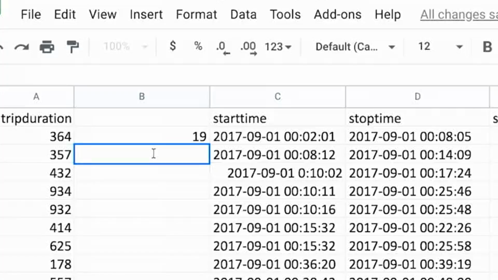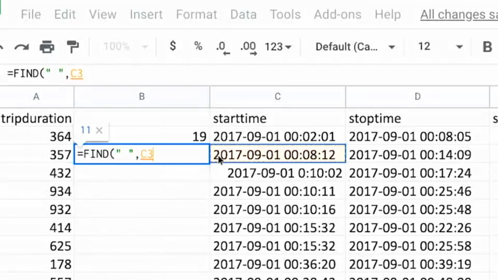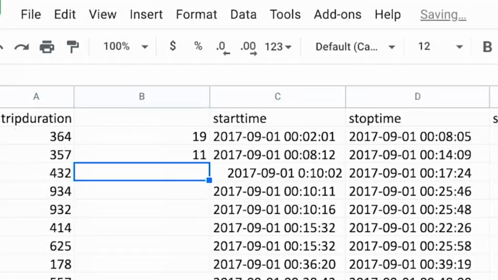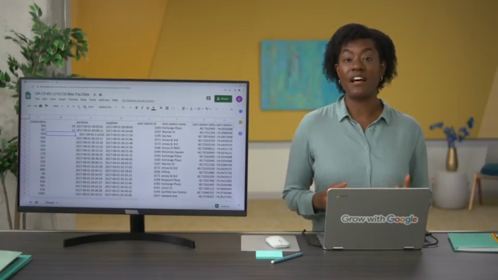We notice that all of the datetime strings have a space separating the date and the timestamp, so we can actually use find to figure out where the date ends. Okay, seems like the space is the 11th character in this string, so the timestamp substring will start at character 12. We can use the left and right functions to select which parts of the string we want to isolate in a new column.